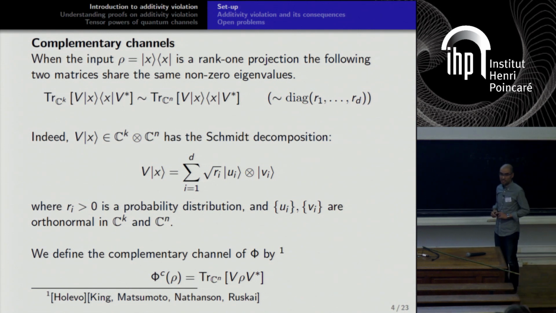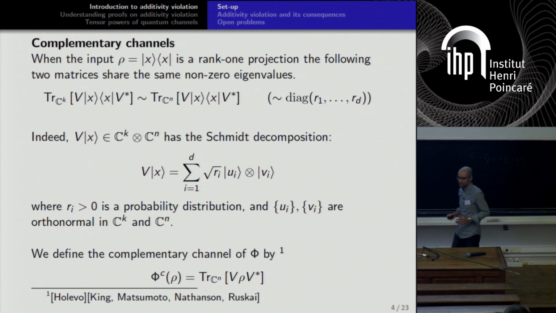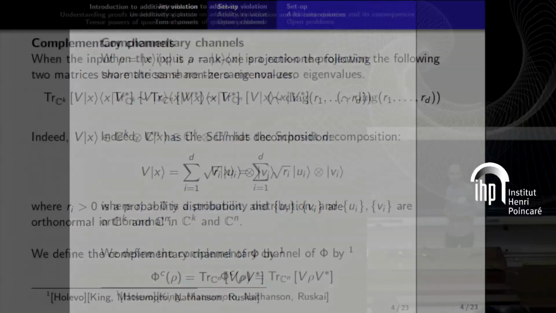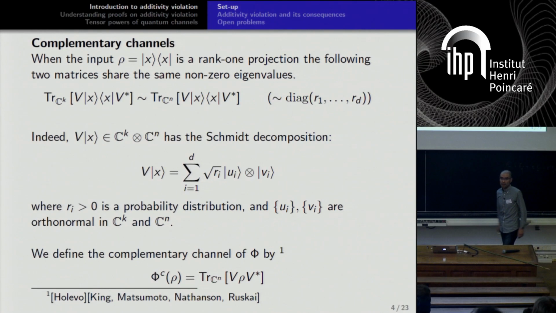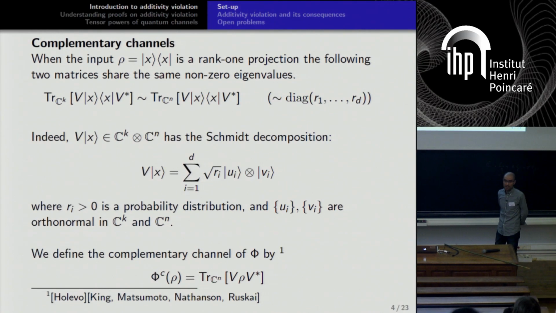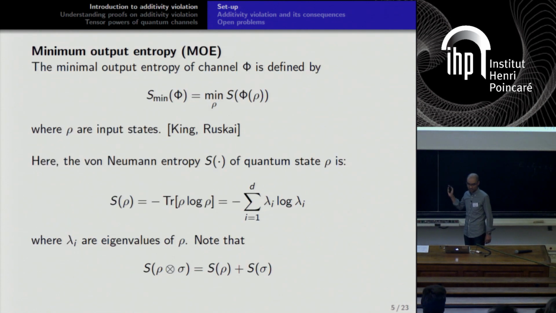As I will mention later, I'm interested in entropy, and entropy is a concave function. So for optimization, we only need pure input states like this, because after spectral decomposition, the eigenvalues are all positive. So naturally, we pick pure input states to optimize some quantity like entropy. We'll see this problem soon.